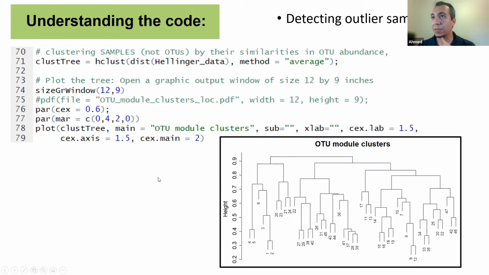So there is a sample that is on its own here. This sample might cause you trouble when you try to build a network. So when you do this and look at the data, it will allow you to say, okay, I'm going to exclude this sample. And of course, you provide reasoning for why,